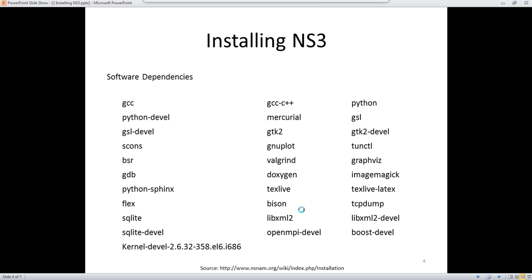And this list is available at the following website at the bottom. It's at the nsnam.org wiki under the installation tab, and you can see these are all the packages. For instance, you need the GCC compiler, C++ compiler, Python, and so on, and some other stuff that would be valuable, the Doxygen as well, and that gives us the documentation. And all these packages will be installed in a similar way that we did the update. We'll just use a command called yum, which you should be familiar with by now,